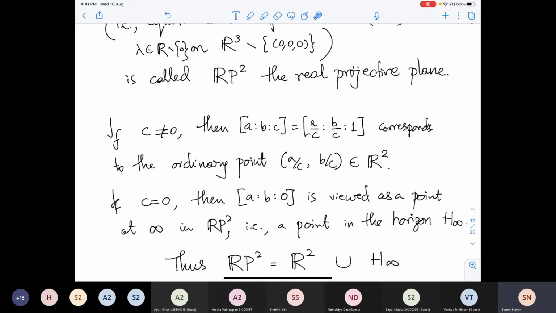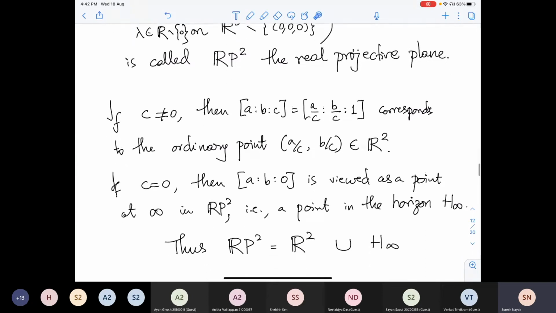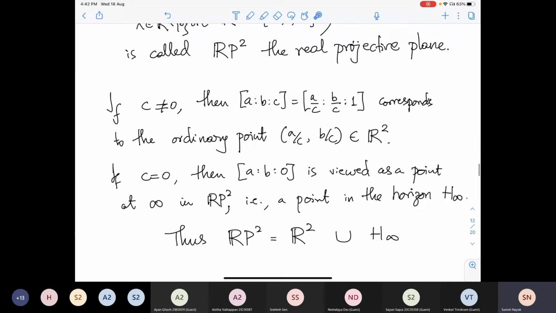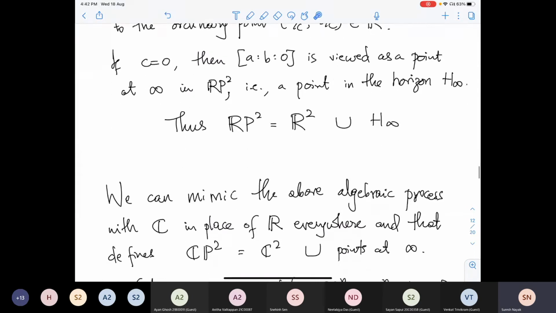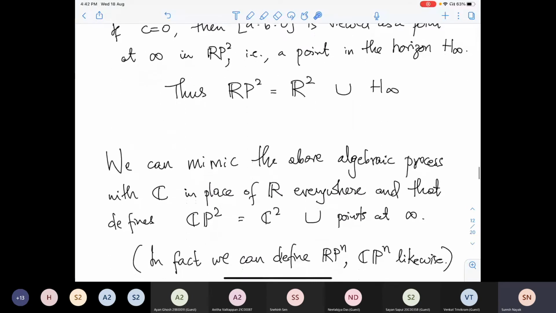That is the new thing we have introduced. And why did we do this? We have done this so that we can now think of curves as meeting at infinity. Of course, not all curves will meet at infinity, so we have to find a way of describing when curves meet at infinity. But before that, let me mention one more thing, which is that whatever we did here